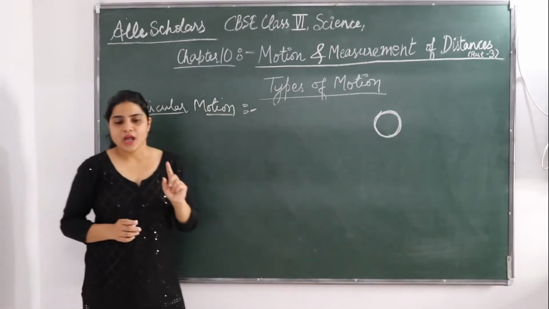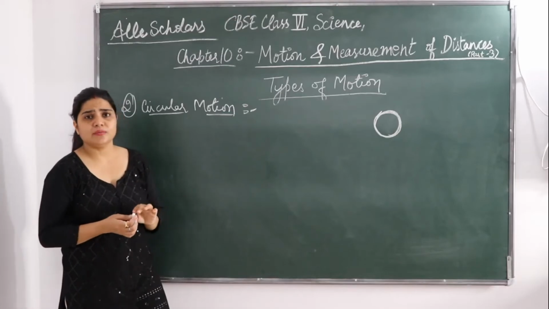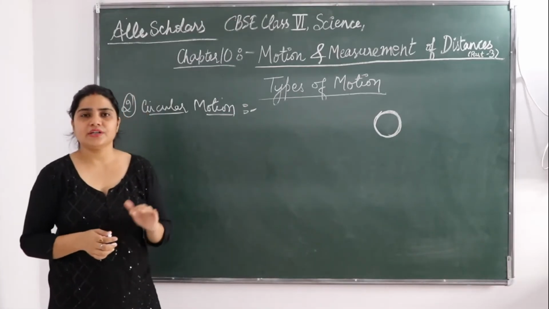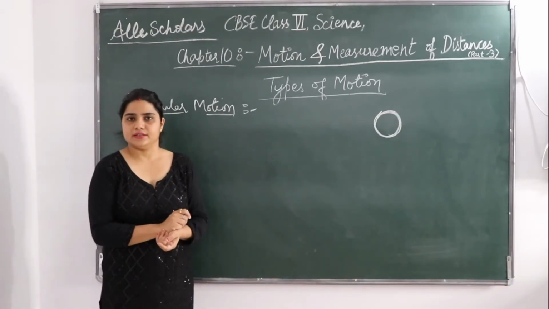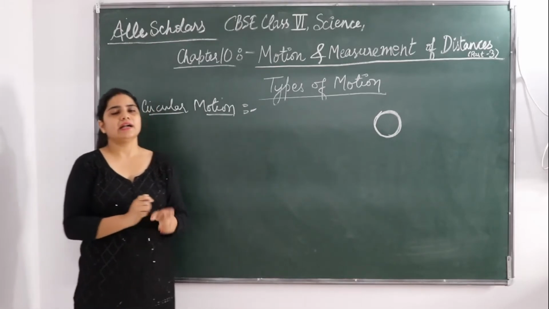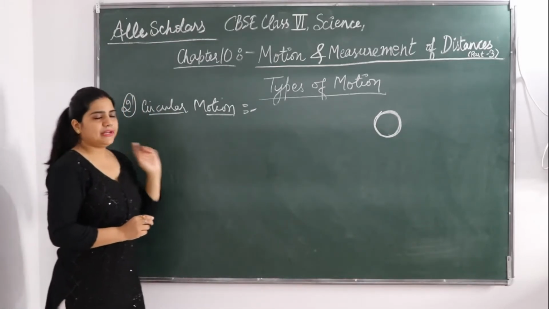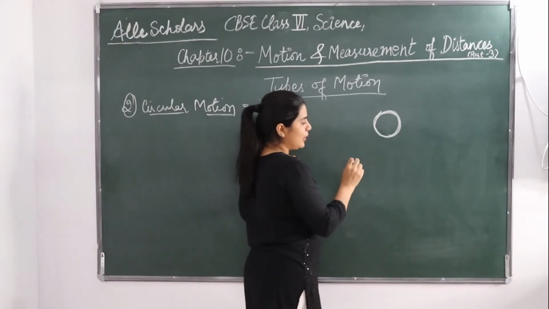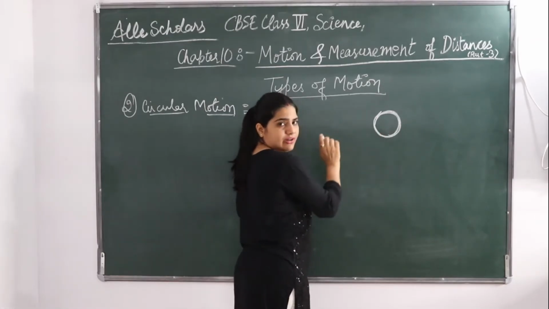सर्कुलर मोशन. Now the question is, in case of circular motion, does the distance of an object remain same or does it move from one place to another? So the answer is that the object does not move from one place to another. Abhi rectilinear motion we have seen. In that I have told you an example that a vehicle which is moving in a straight road.